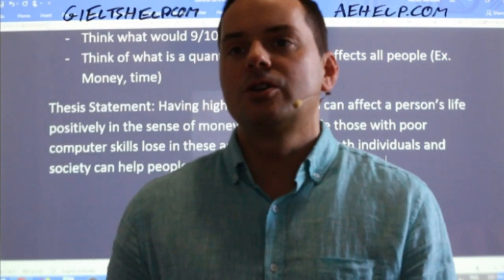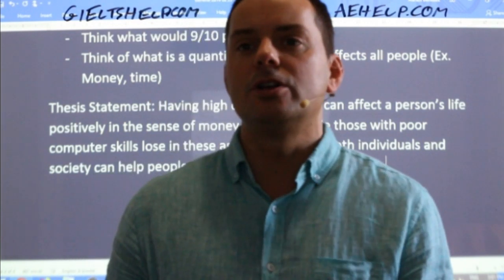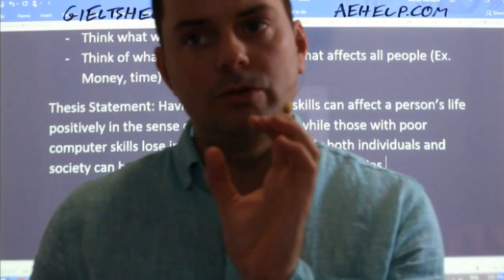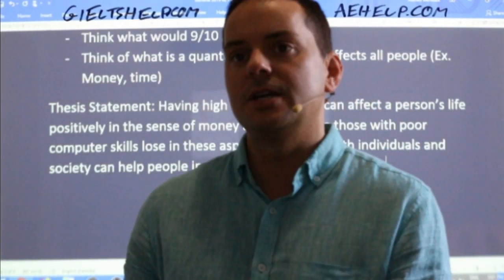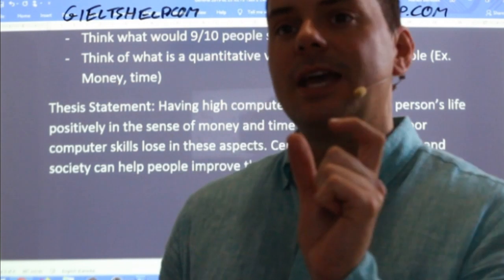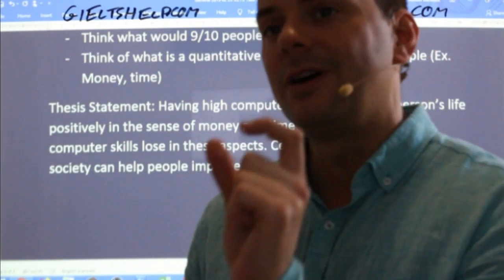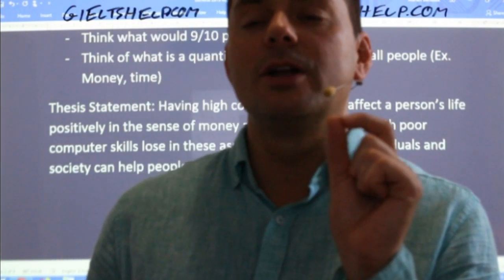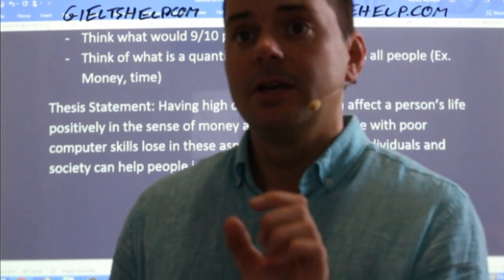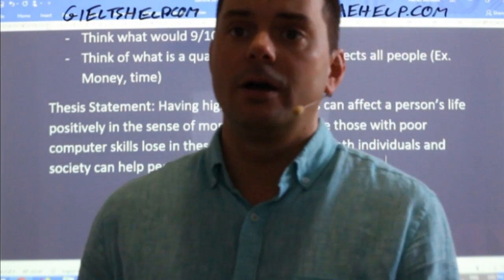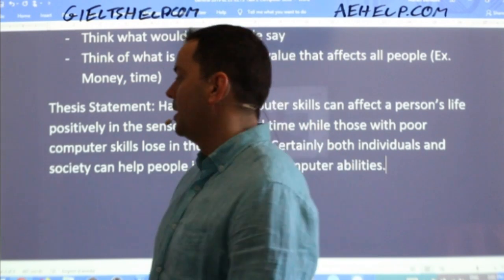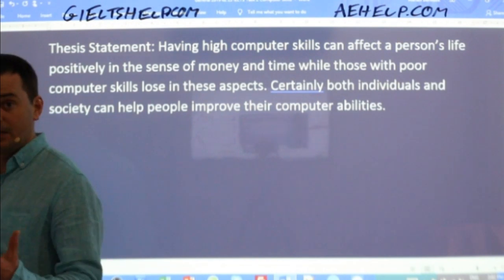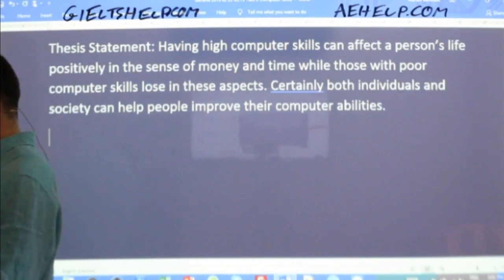So Yagnesh says, "Computer skills not only make life easier, but also save time and money." Yagnesh, careful with that correlative conjunction. You're doing a good job. Just use it differently. So like this, Yagnesh. Computer skills not only save money, but also time. Hence, it is essential to encourage people to learn these skills by going to classes. Then it's a beautiful thesis, okay? So I'll write yours up here along with mine, Yagnesh, just so students can see another thesis statement that's different, but also works very well.